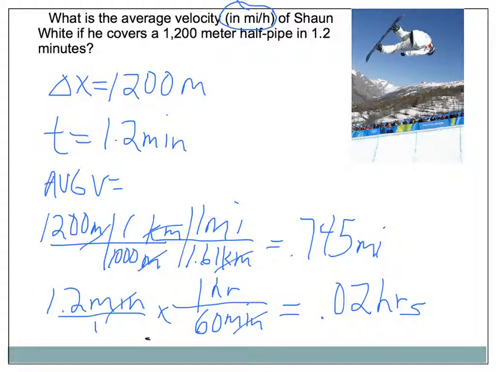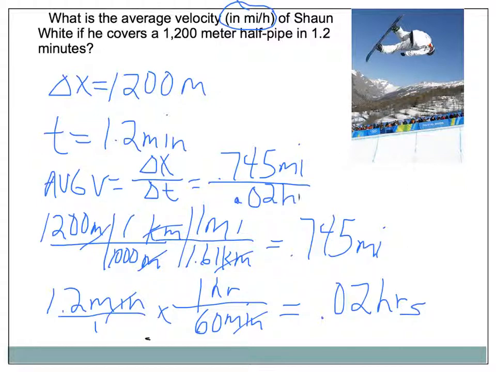All right. Well, what if he covers 0.745 miles in 0.02 hours? Well, average velocity we know is delta x divided by change in time. So our delta x is 0.745 miles divided by 0.02 hours. And 0.745 miles divided by 0.02 hours is 37